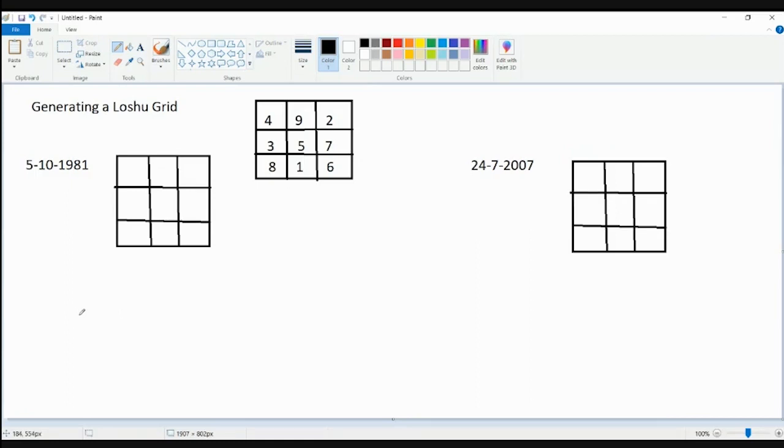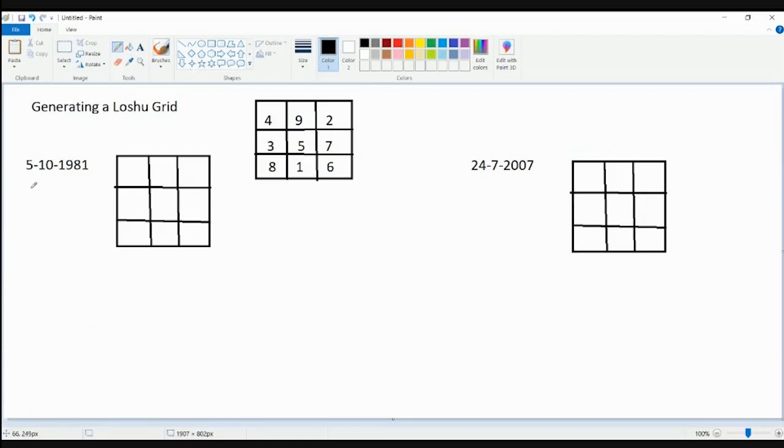Let us take a couple of examples and create the Loshu grid. One of the dates of birth that I have taken is 5th of October 1981 and the other is 24/7/2007. As you can see on the top, I have already mentioned the grid here, so that when you are starting to learn this numerology, you keep this grid at the top of the page where you are working, so that you can see which number is to be put in which place. Let's go for the first DOB,